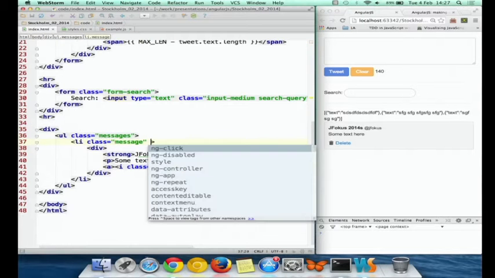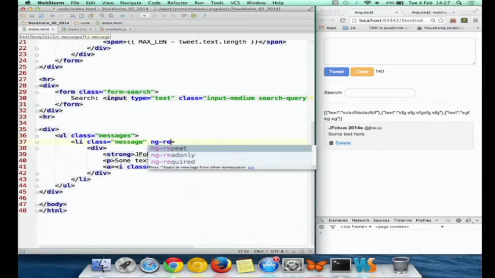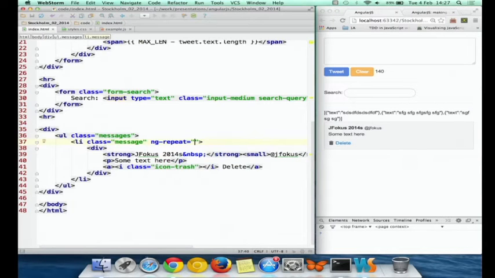So now, if we want to display this list of tweets, we can use another built-in directive called ng-repeat. Tweet in tweets. What it basically means is: get me this li element and repeat it for each object, or each entry, in the JavaScript array.